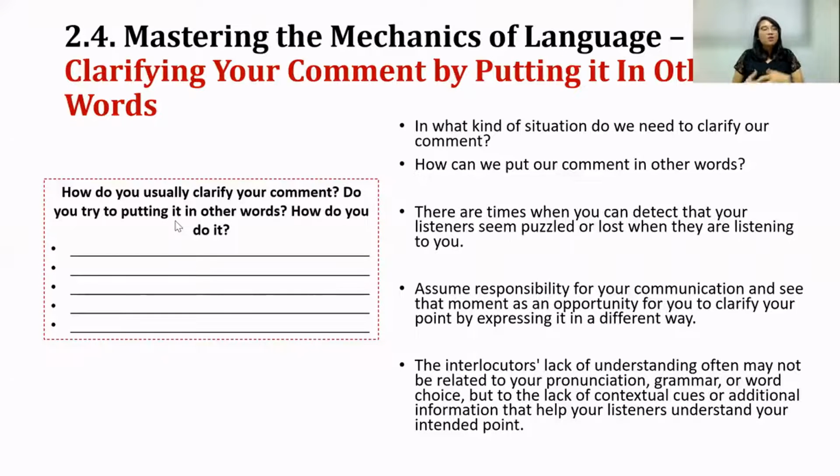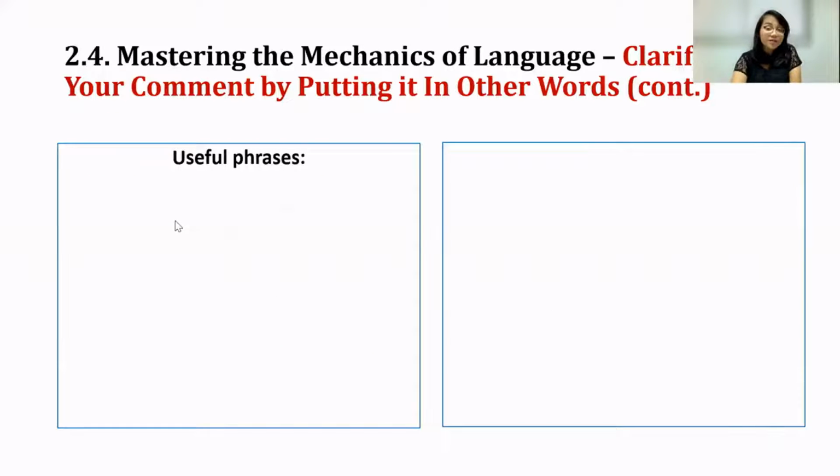It can be due to other factors, right? So regardless of the factors that make your speaking partners confused or puzzled during the conversation, we need to know how to clarify our comment by putting it in other words or a different way. And here are the expressions or phrases that you can use. Repeat after me. I mean,